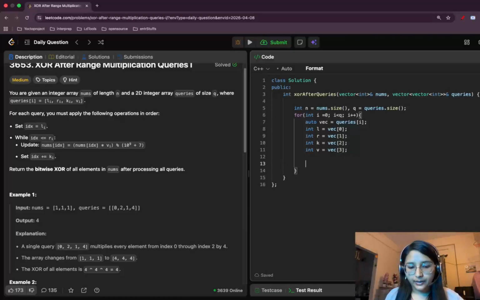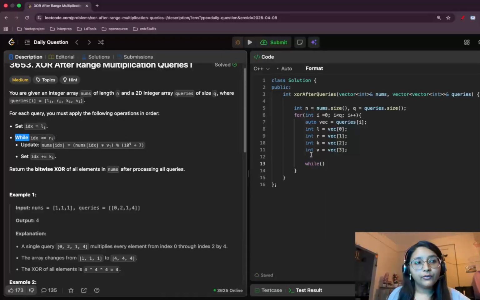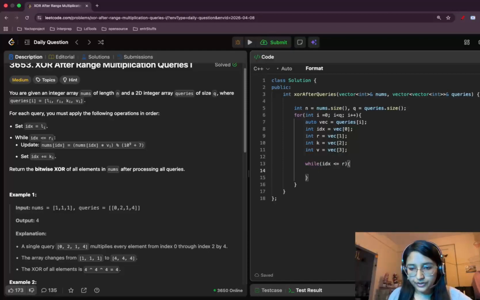Now after extracting them, we need to go ahead with the while loop. Before that, we want one index also, which we will assign with L. This was just for ease; better we could have directly taken index equals L, because anyhow we are required to assign it. So while our index is less than or equal to R, till then we need to perform all the operations. Our first operation is that nums of index should be equal to